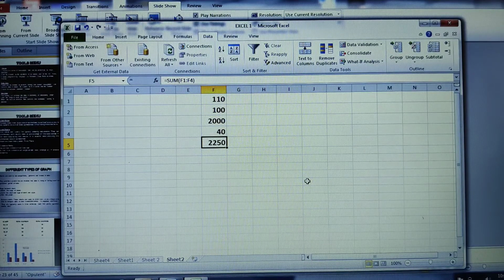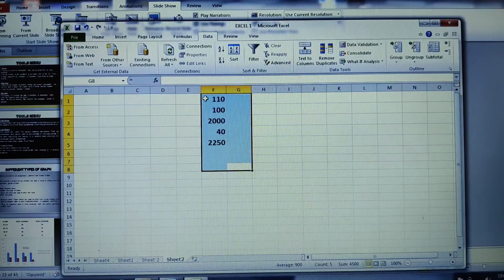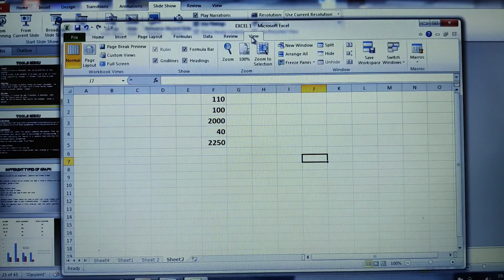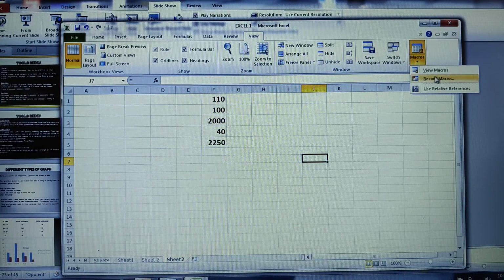Clear? So next thing is I just wanted to show you the macro. Okay, this one I'll just delete. Okay, I'll retain it, no problem. I'll go for the macro. A macro is a series of instructions that could be issued using a single command. Already I have created a macro here. Under the view tab, we have macros. So click on the macro. I have already recorded one macro as welcome.